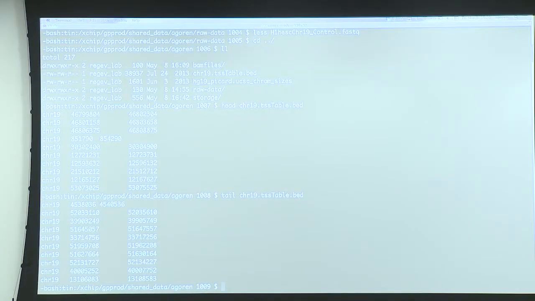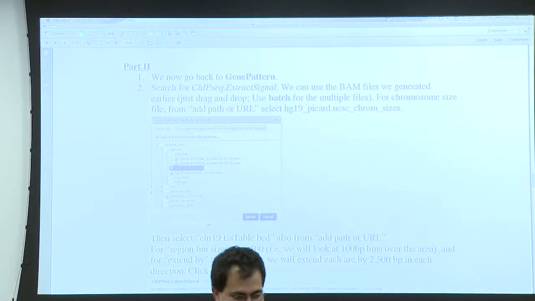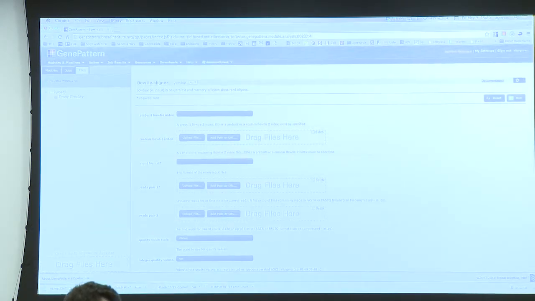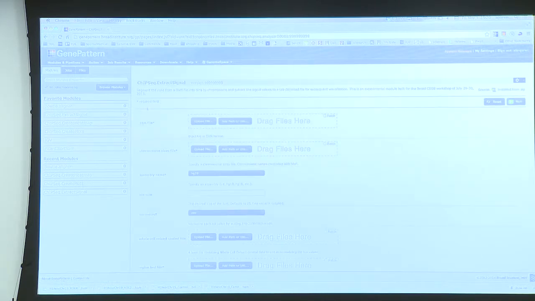Okay, so I see that some of you have already started the next step. I just more or less want you to get an idea of what we're doing here. One of the things that we try to do is also to give a short description. So for instance, ChIP-Seq extract signal says that it's meant to read from a BAM file into bins by chromosome and extract the signal values. And the idea is that